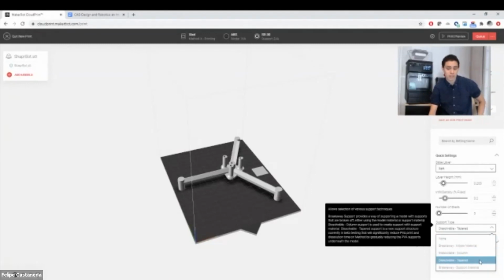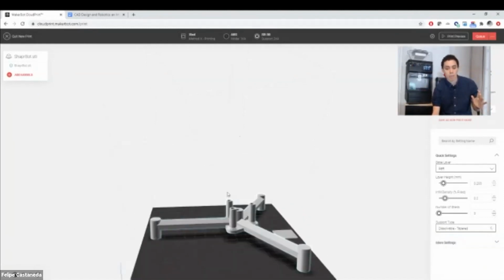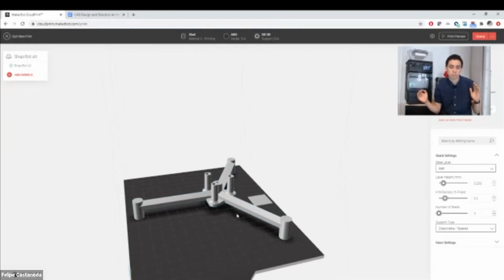Tapered is the default setting that we usually use. It creates not quite a projection, but a thinning pyramid of sorts that generates upwards until your part, decreasing the amount of support needed as you progress in height on the part.